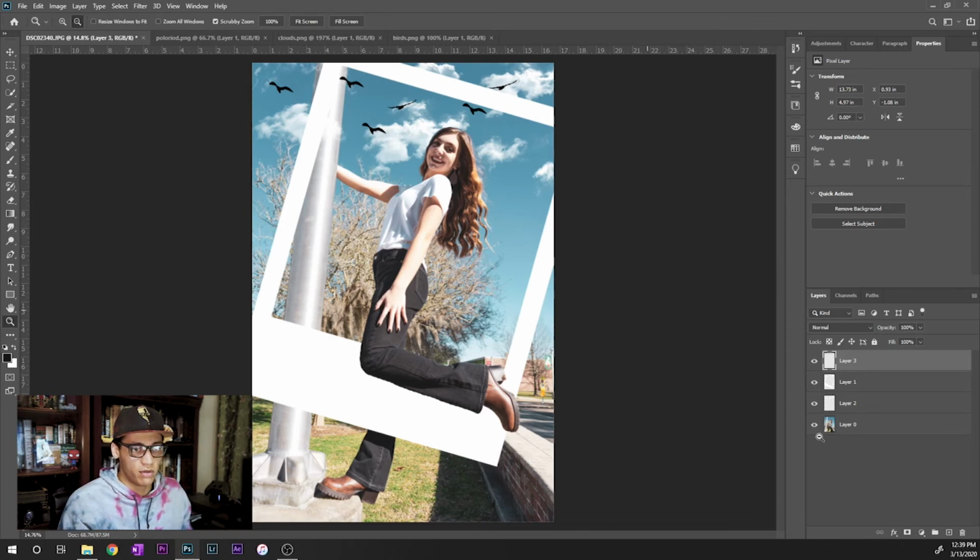But you can do however you want to do. It's entirely up to you. This was just a tutorial to show you how to work the rasterizing, the converting to smart object layers, kind of erasing stuff. I might go back in on these clouds,